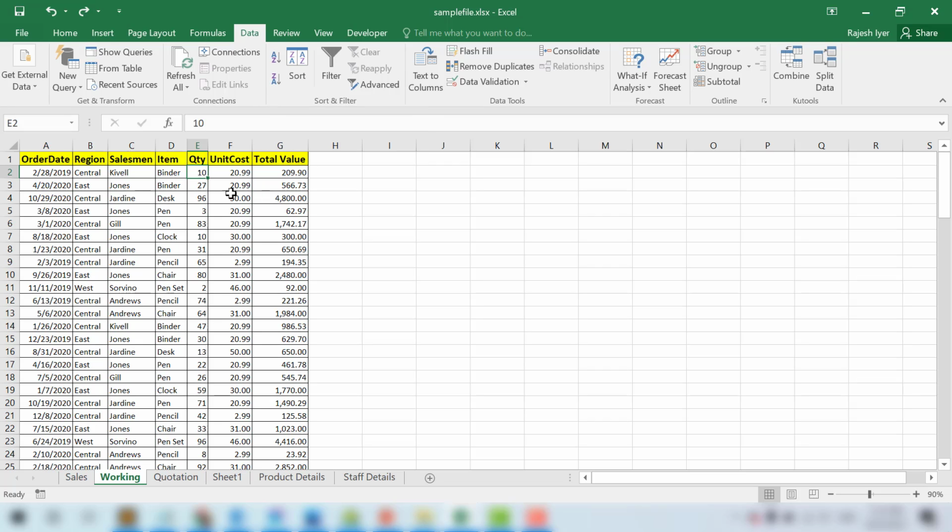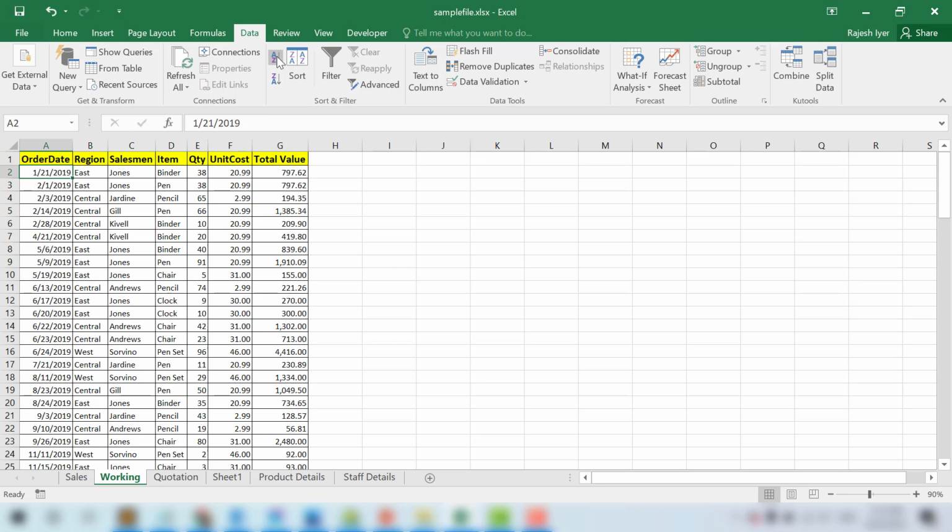For these options to work properly, we have to format the cells. So that's why, like we have seen in the earlier videos, we would first format the cells in a proper way. Date should be in date, number should be in number, text could be in text or in general form. So once we have done it, then these options will work properly. So now I click in here, and then I can sort oldest to newest. The moment I click this, it will automatically sort ascending. If I click this, then it will automatically sort descending.